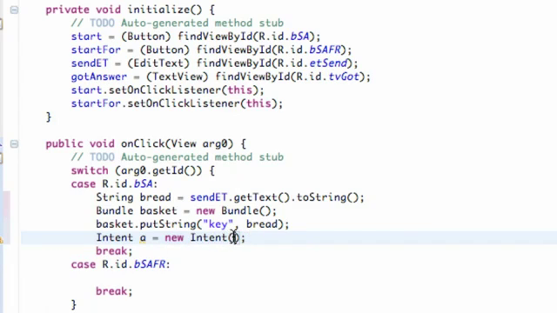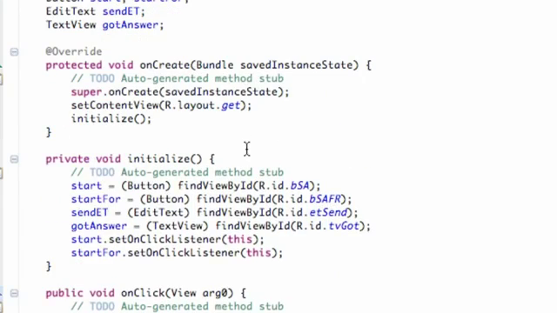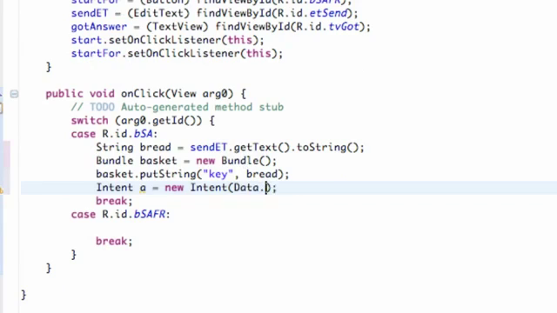Instead we have to give the context, and then say what class we want to open. So we're going to say the context of this class, which is called data. So we're going to say data.this, comma, and then the class name that we want to open. And so we're going to say open class